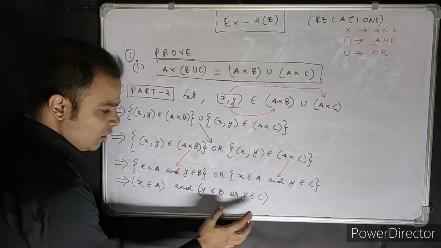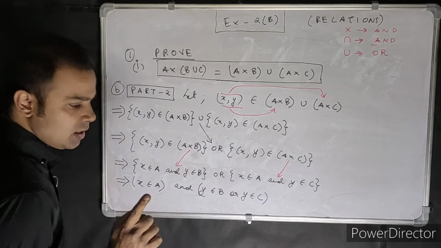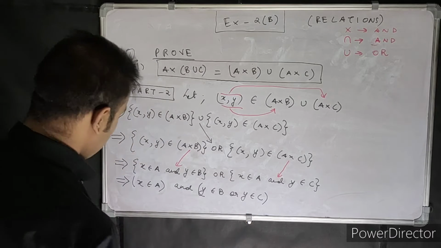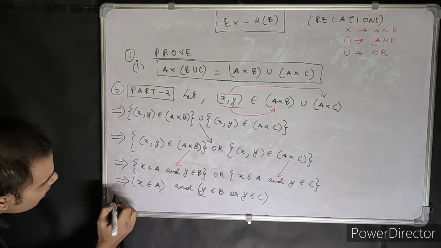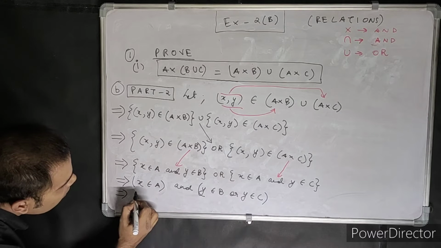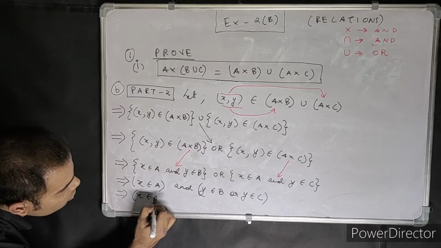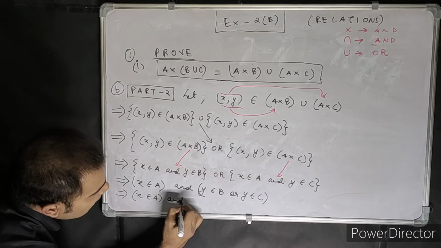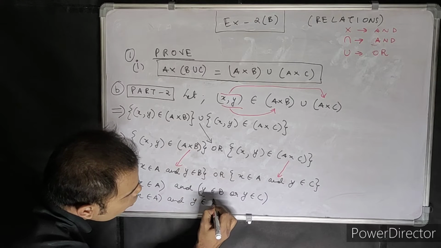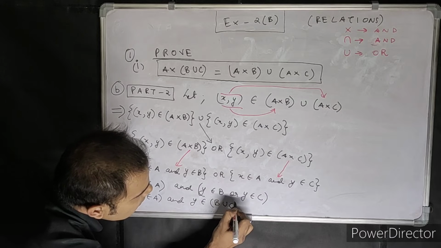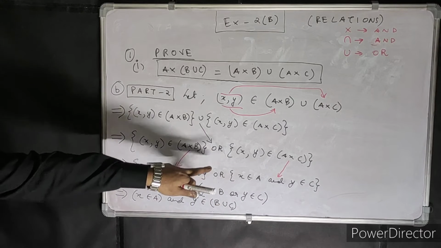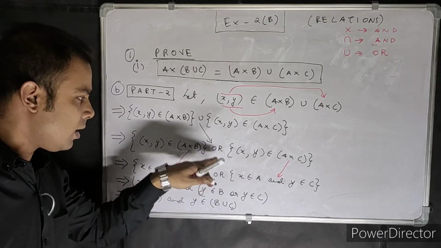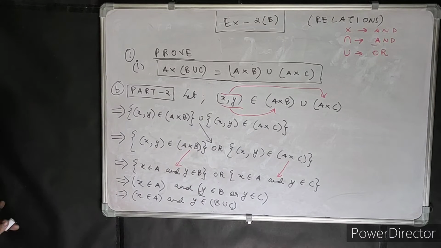That means it's belonging to a set. It's one element, a single element belonging to a set. Okay, so try and understand. Now from here our work is more or less done. Now you can write X belongs to A, and Y belongs to B union C. The or has now changed back to union. You can write a small r or a capital letter, it doesn't matter.